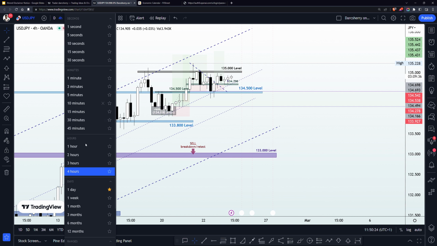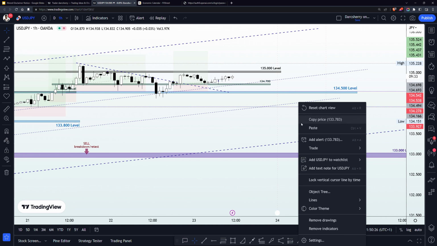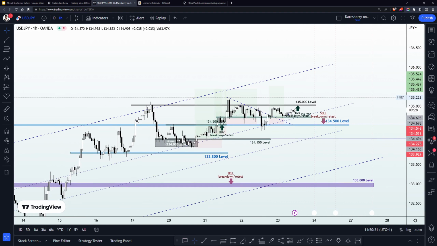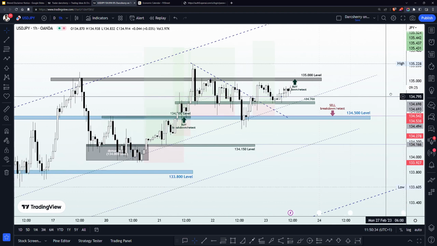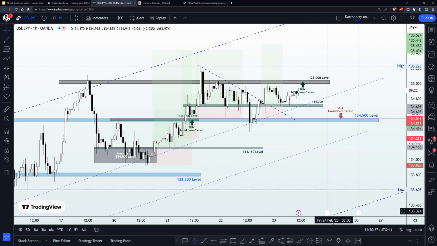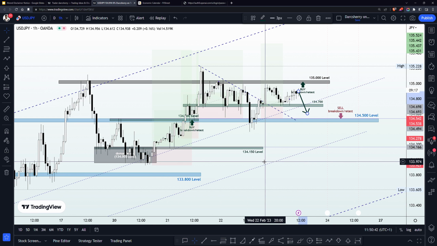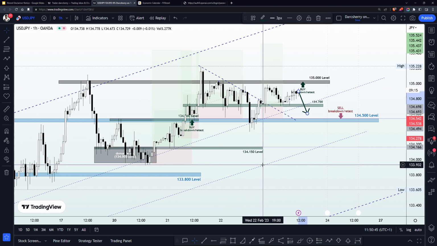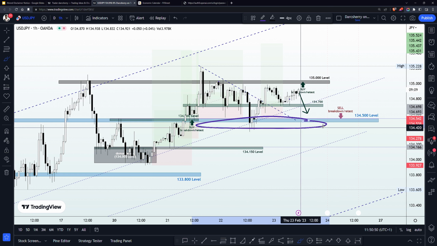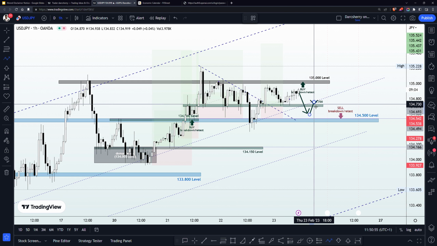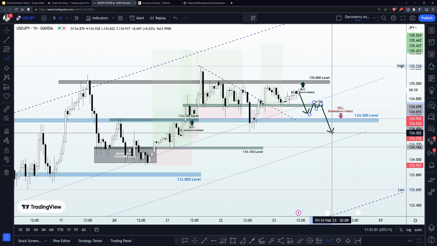So scaling back down into the 1 hour time frame, let's quickly recap how we want to be selling here. Right back to the 1 hour time frame here, this is the 134.700 level which we have identified here. So for selling opportunities, we want to see price action break down the structure. Remember, we are not jumping right in immediately, as we need further confirmation. Remember, we are still above a strong demand zone here, so we need further confirmations to happen, which will definitely come in the form of a retest of the structure. Look out for selling pressure on your lower time frame, then we could join that decline to the downside.